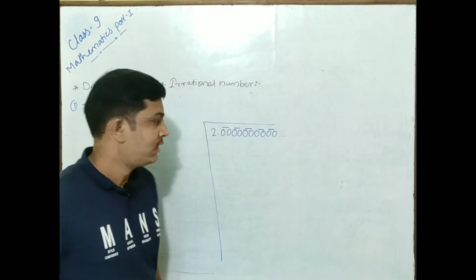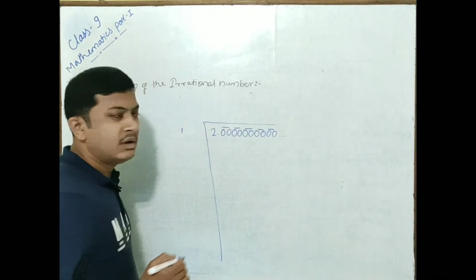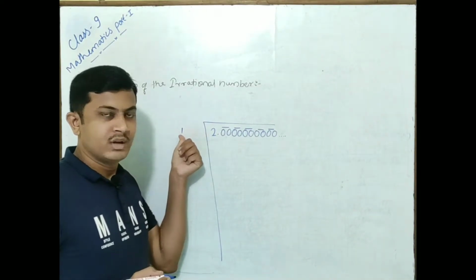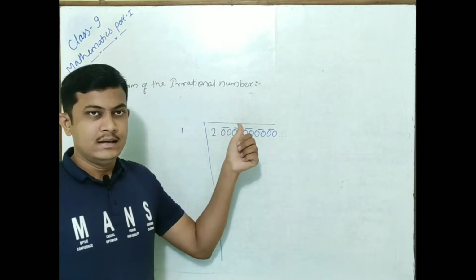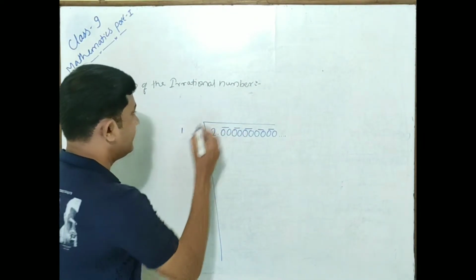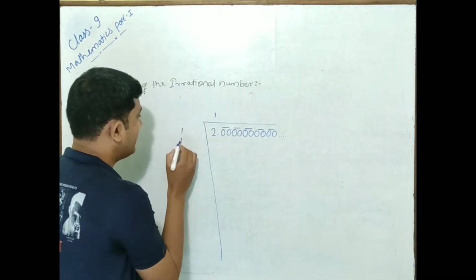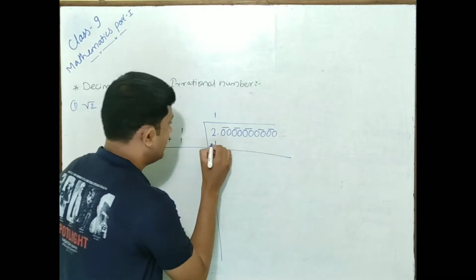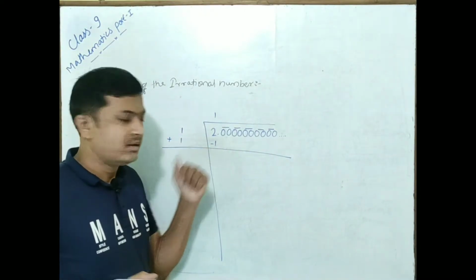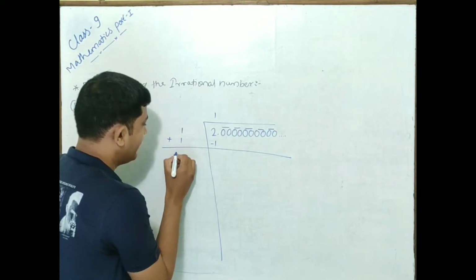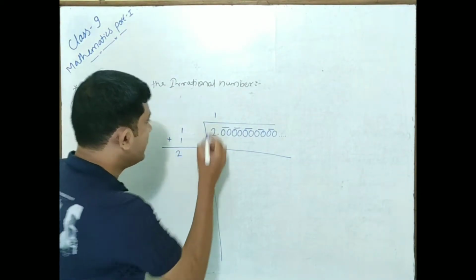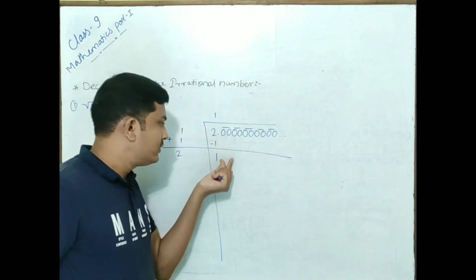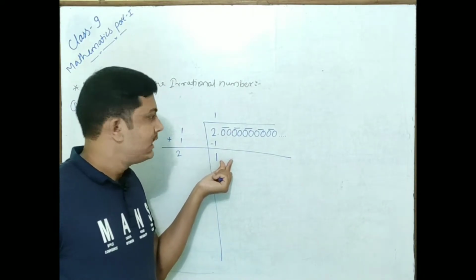Now first take 1. One rule is there: if we divide the given number by 1, the number we have to represent at the 3 places, that is 1 1 1. Here 1 ones are 1. Here we have to do the addition and here we have to do the subtraction. 1 ones are 1. Here 1 plus 1 is what? 2. 2 minus 1 is what? Here 1. Now we carry 2 zeros down, to the right of the 1.